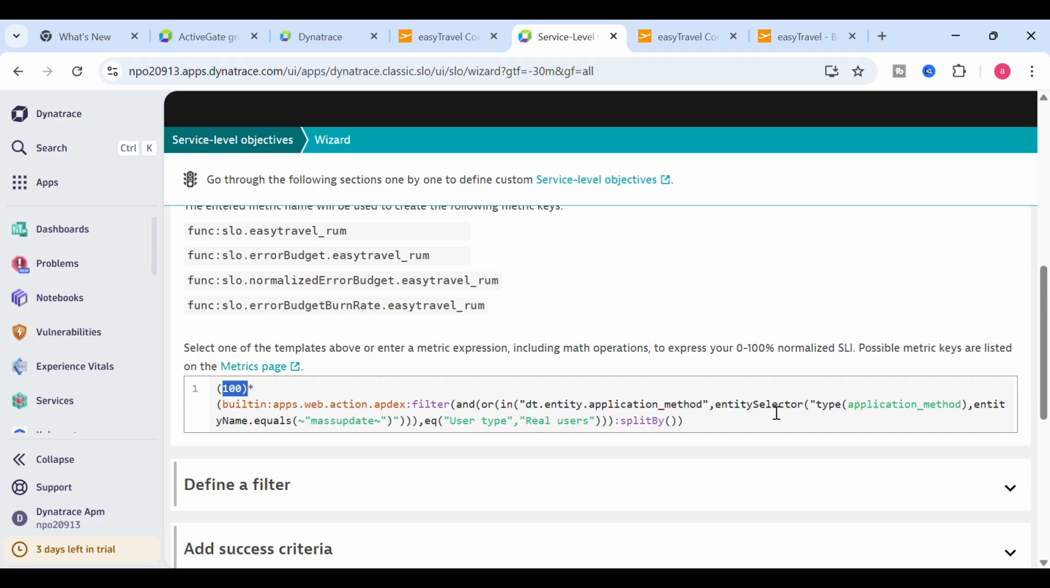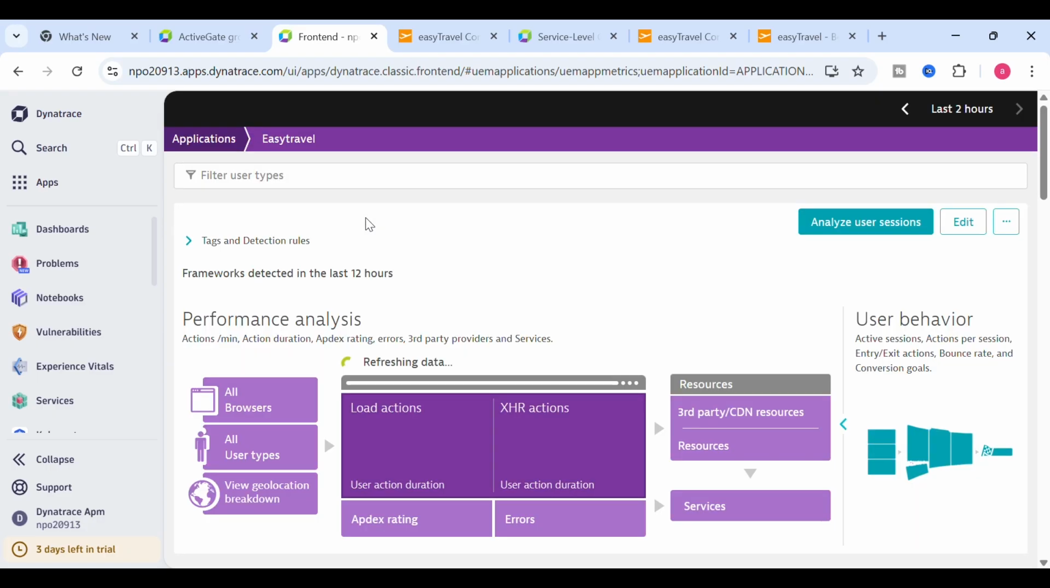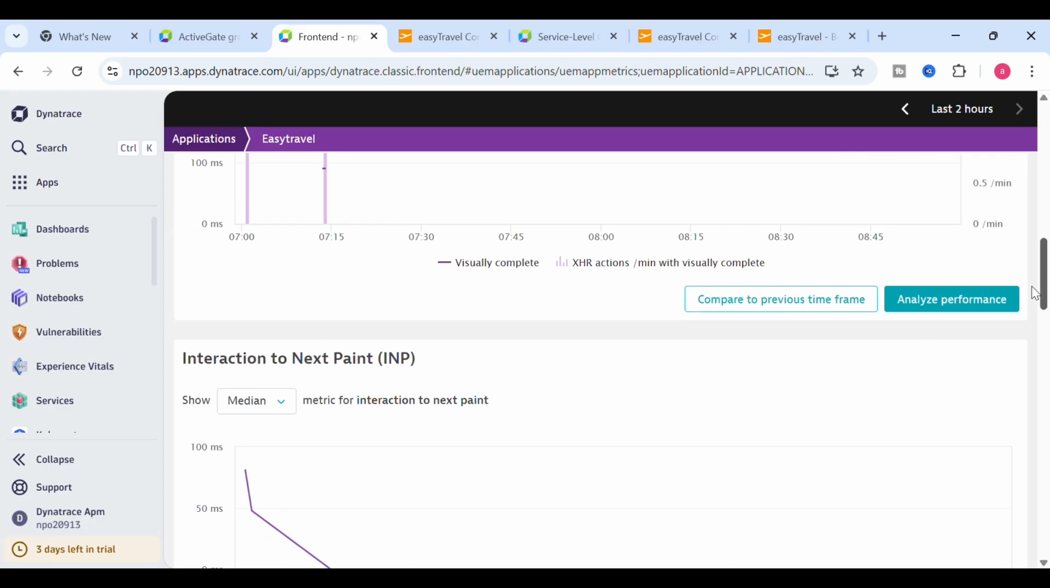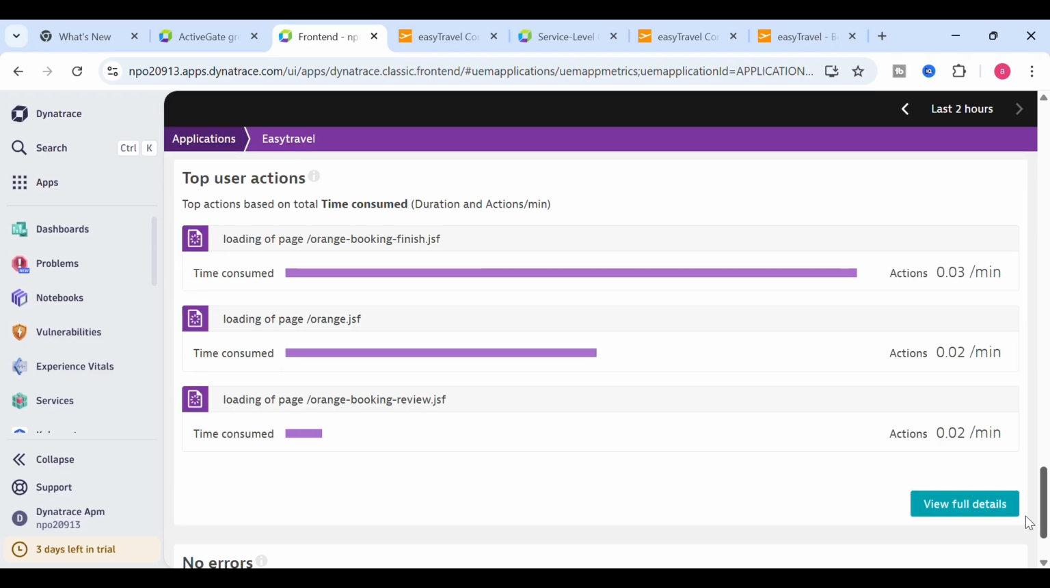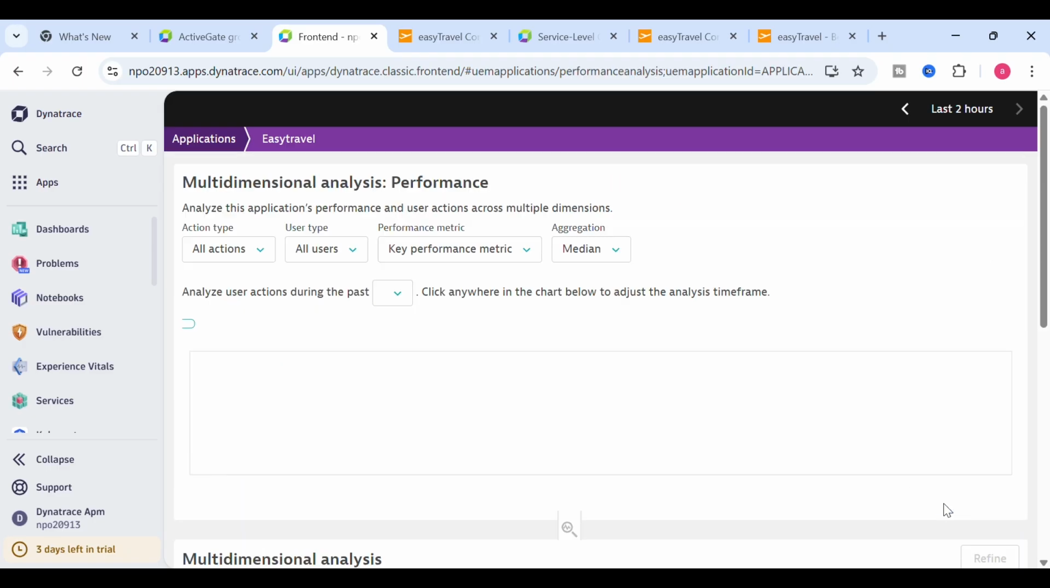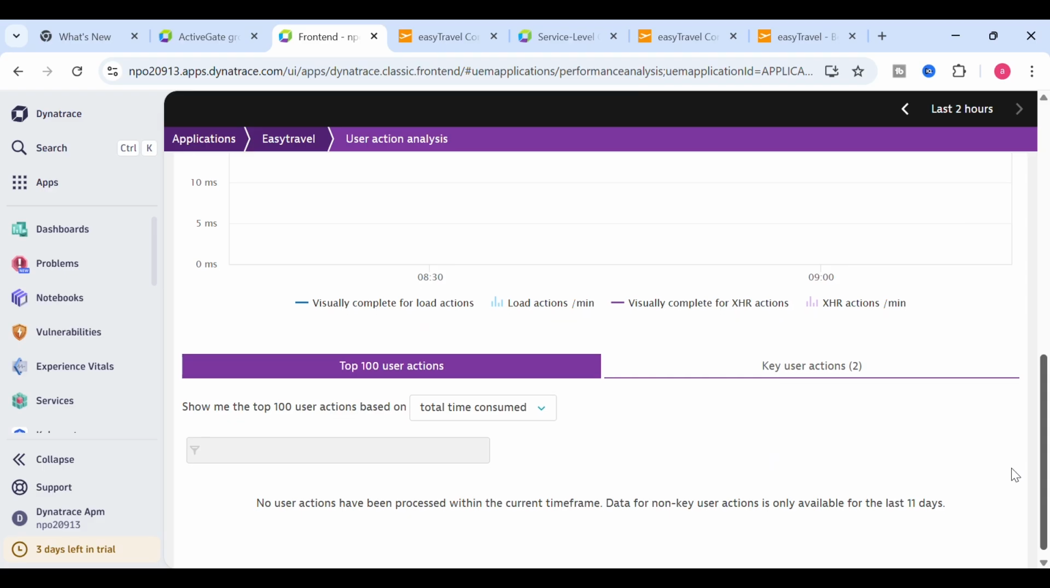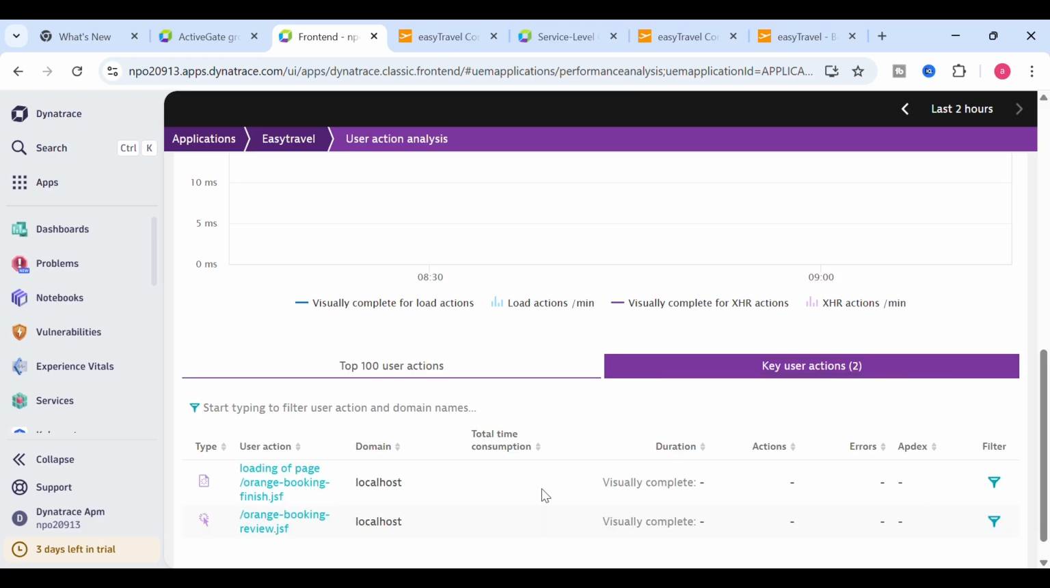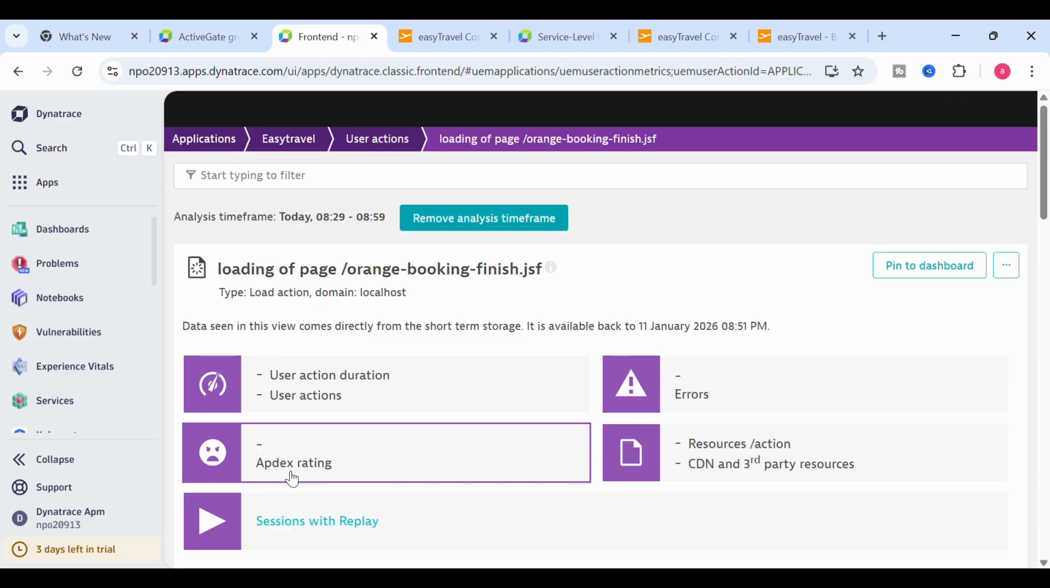And entity name, okay, entity name should be, okay, let us go back to the real user monitoring page. So here let's go to the user actions, and so we'll go to the key user action. So this is the user action that we are going to create an SLO for, and here in the user action